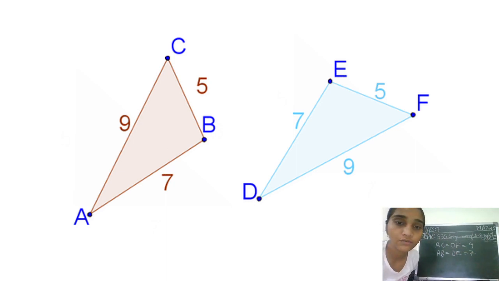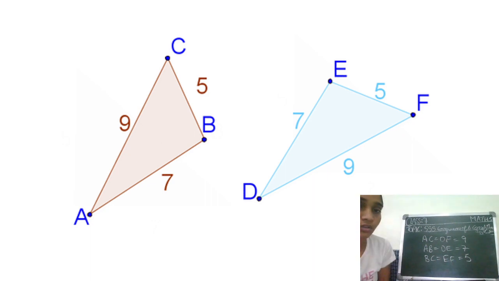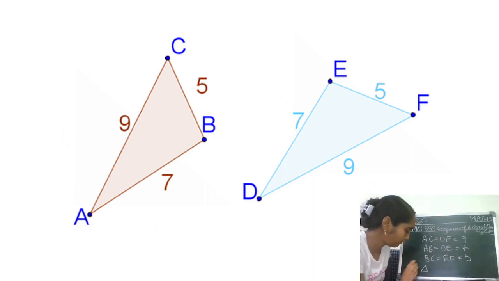And similarly, students, what about the BC? Yes, BC is equal to EF, which is equal to 5. So now students, by which rule can we say that these are congruent? Very good. So therefore triangle ABC is congruent to,